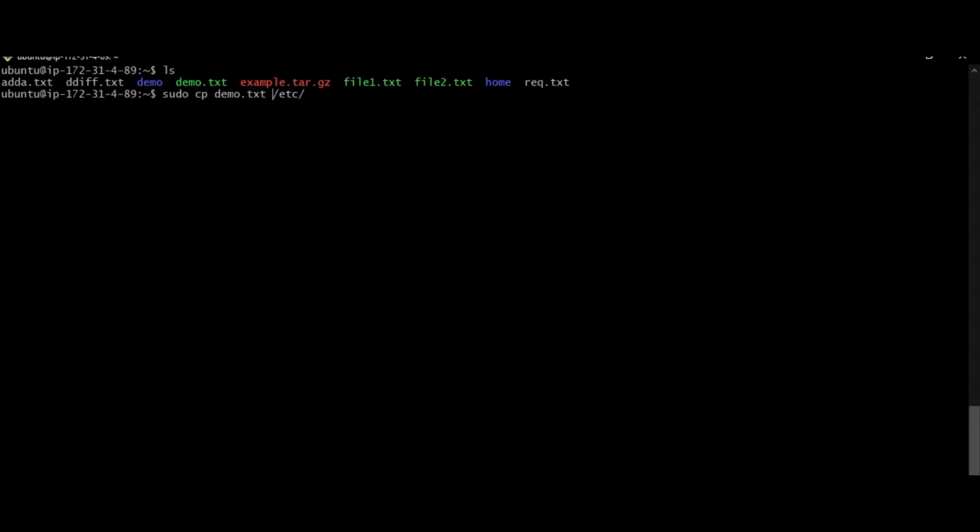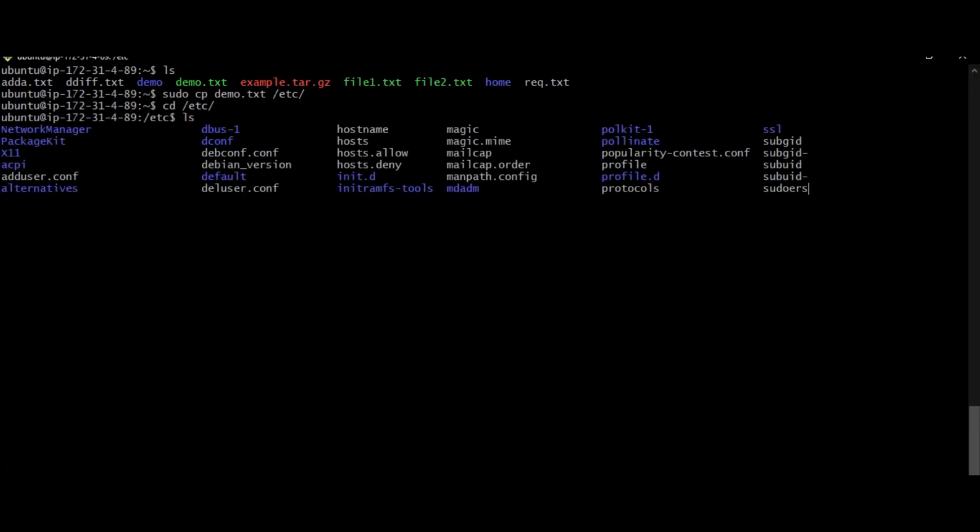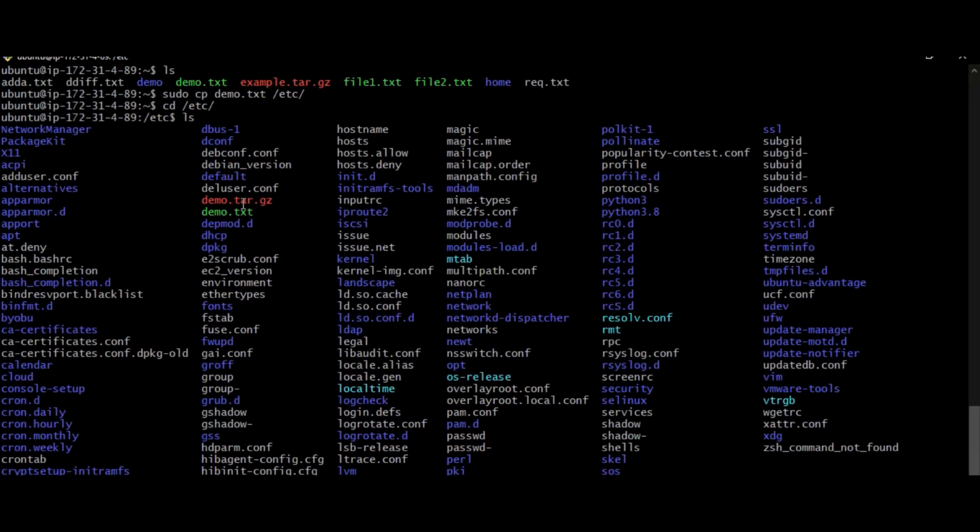So I want to copy this demo.txt file into the /etc folder. Now I'm going to check in the /etc folder. If I give ls, I can see the demo.txt file is there. So like this, by using the cp command we can copy a file from one location to another location, from one directory to another directory.